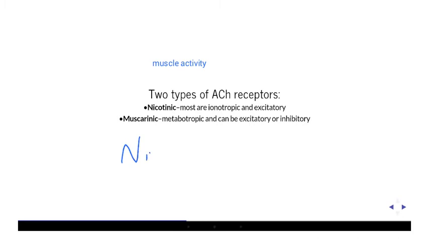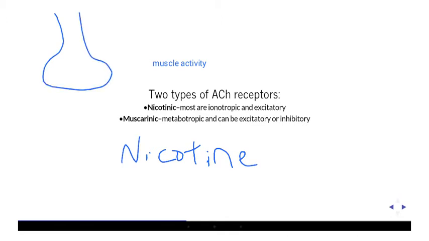So nicotine, coincidentally, binds to nicotinic receptors. Nicotine is obviously found in cigarettes, tobacco. And so it binds to those receptors, and it causes excitatory effects, so postsynaptic excitatory effects. It turns out that the high density of nicotinic receptors in areas that are rich in dopamine cause an enhanced release of dopamine. So not to confuse the issue too much, but it turns out that at the presynaptic membrane,